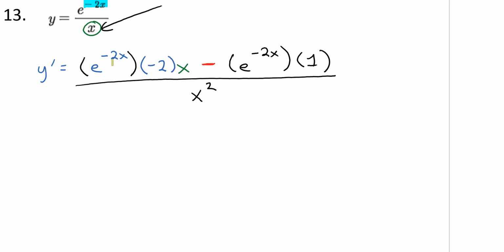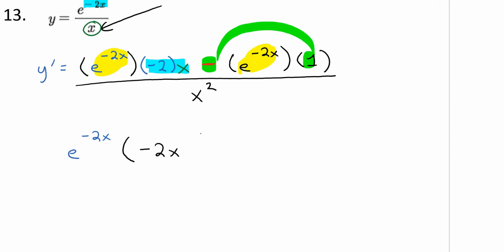Okay, and after that, I could simplify a few things here. If I look very carefully, there's an e to the negative 2x and an e to the negative 2x there, so I can factor that out. That would give me e to the negative 2x, that's my common factor for now. And then I'm left with negative 2x, so the negative 2x can remain. And then what's left on the other side is this negative and this 1, so that would just be negative 1. Close that bracket, and then I would divide that by x to the power 2, and that's y prime